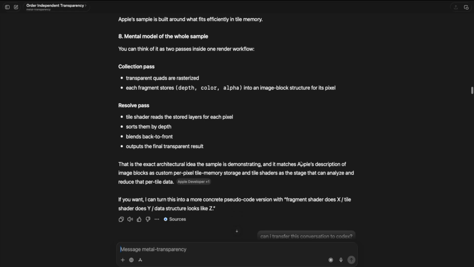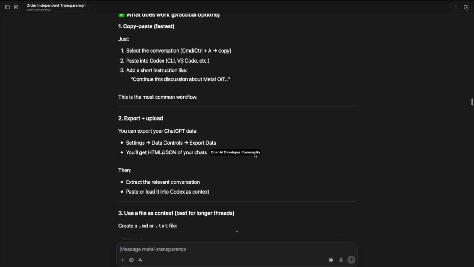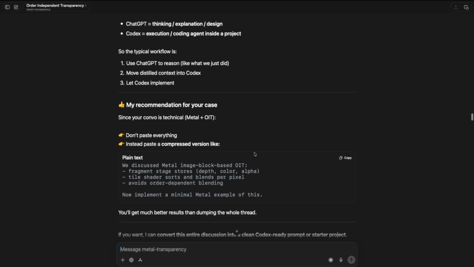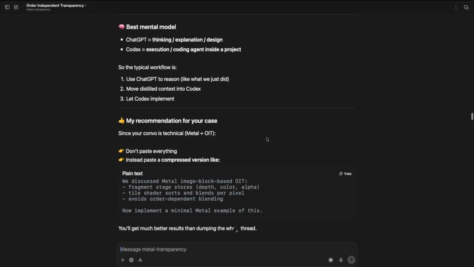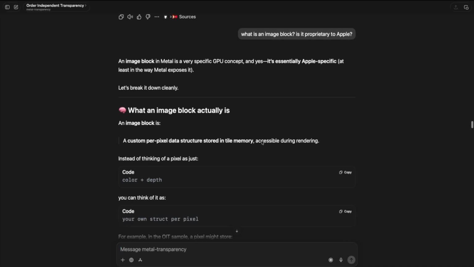Okay. Can I transfer this to Codex? No, you can't transfer to Codex. Blah blah blah. We don't care about that. I will go to Codex though. Codex, for you guys that don't know, is sort of